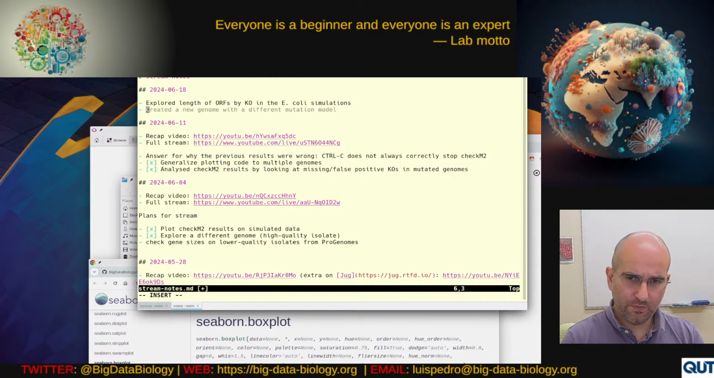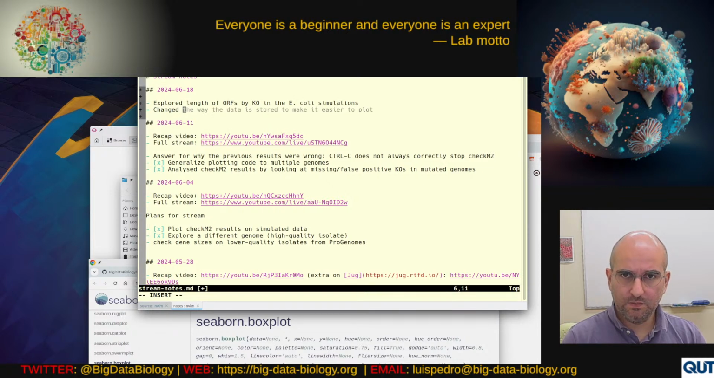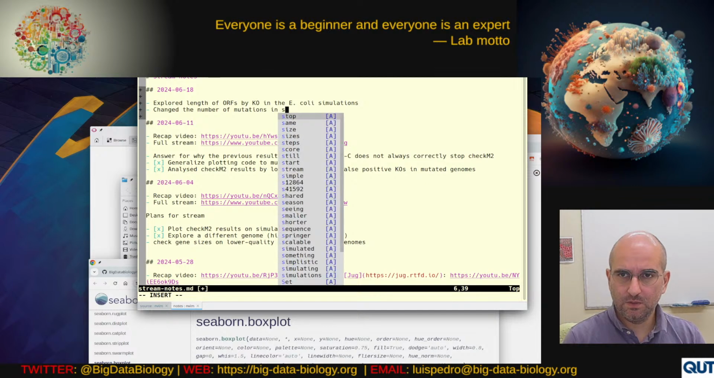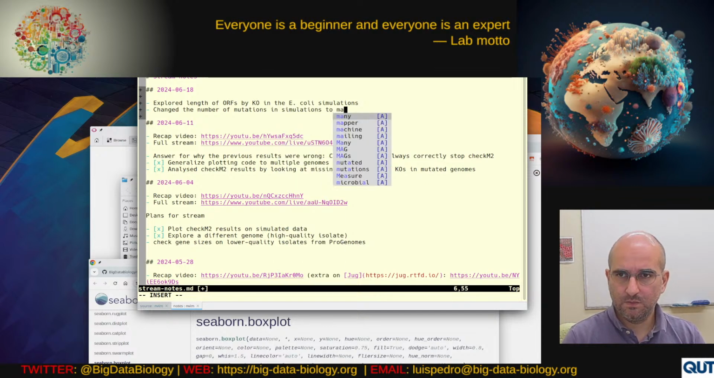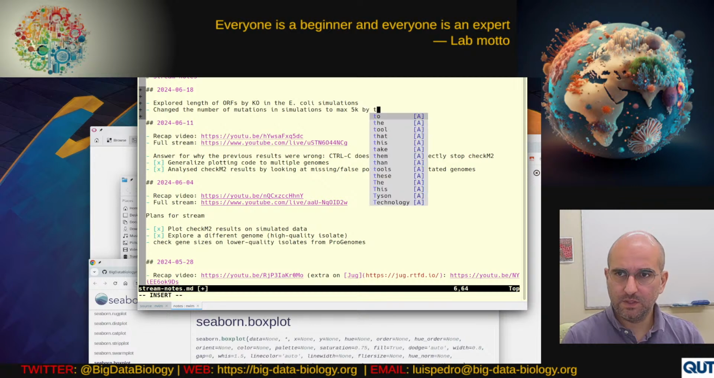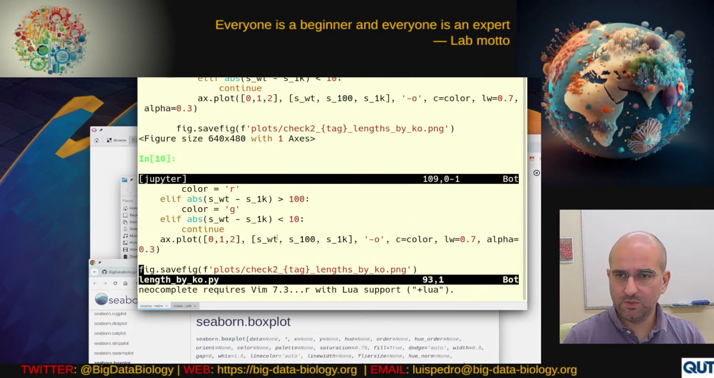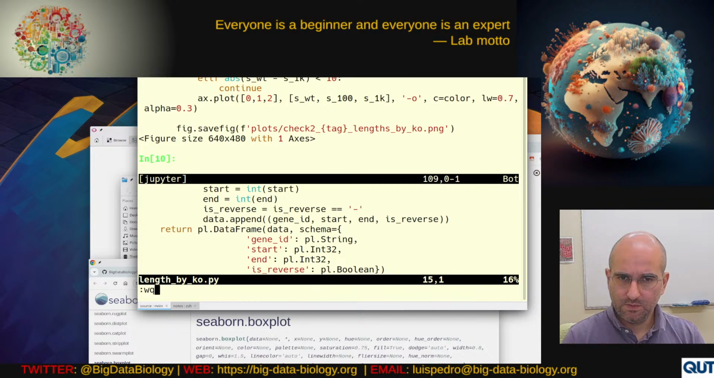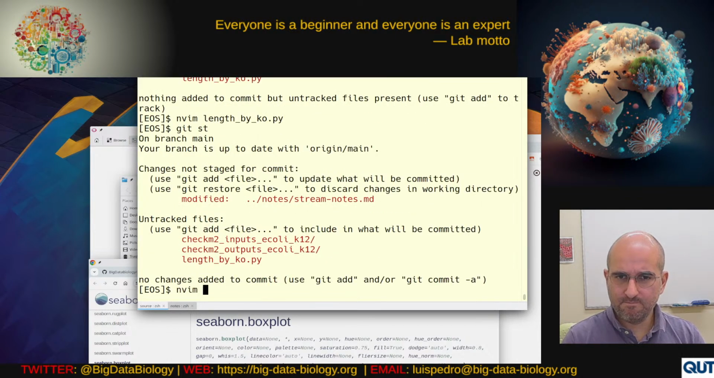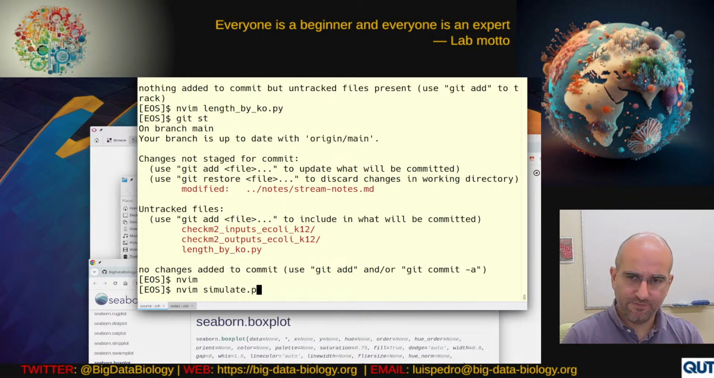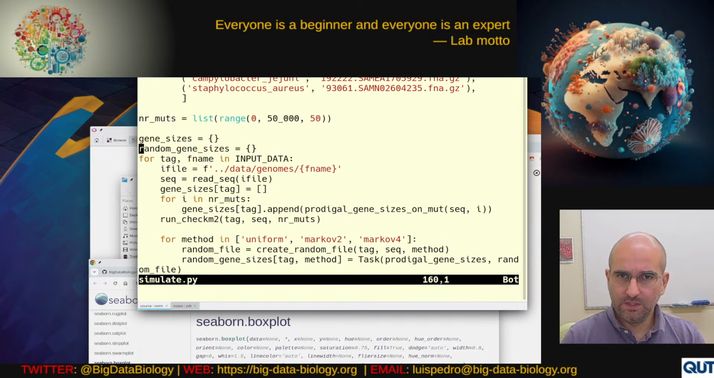And the other thing, as I said, changed the number of mutations in simulations. Max 5k by steps. Okay, and this is one thing I still want to do. So I'm actually going to do that first. Mutations, so here,